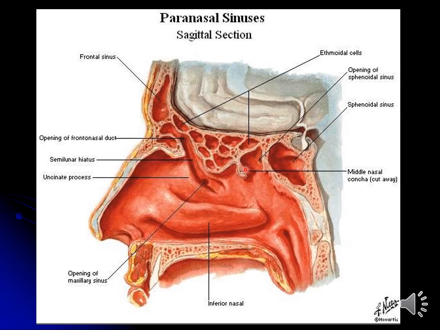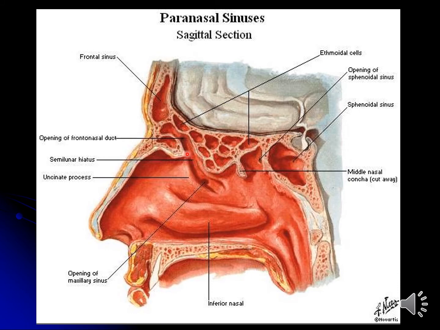So when we remove the middle concha area, what do we see? We see a longitudinal groove in the mucous membrane, and this groove is known as semilunar hiatus. Semilunar means half moon. Semi means half, lunar means moon. So semilunar, half moon. Hiatus basically contains openings, and it is known as longitudinal openings.